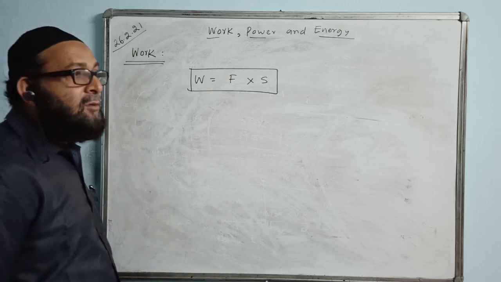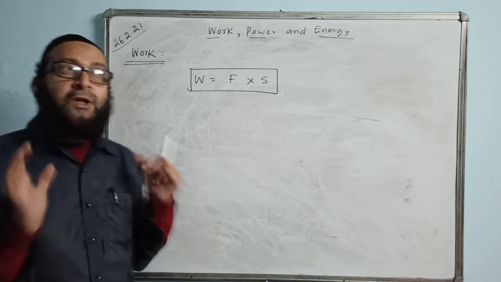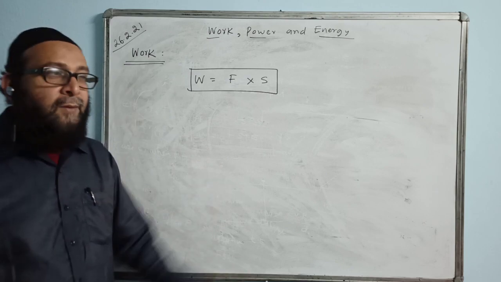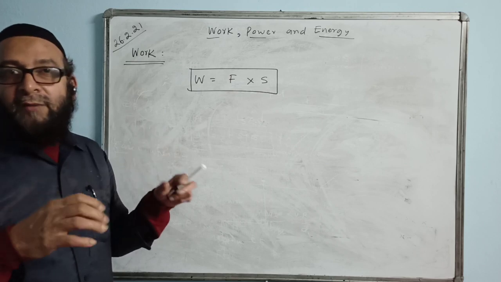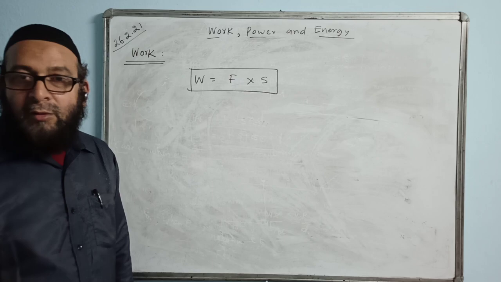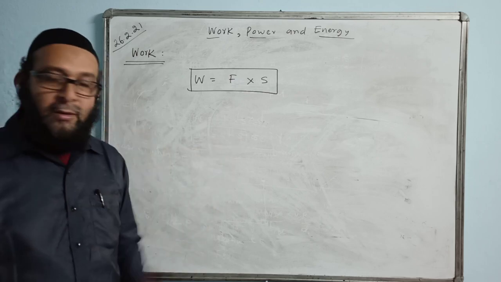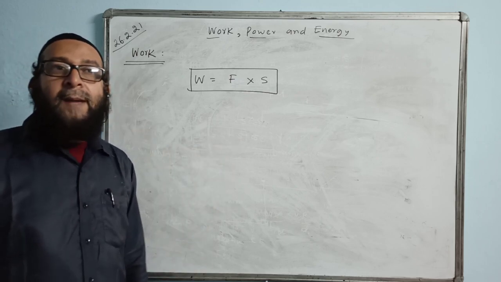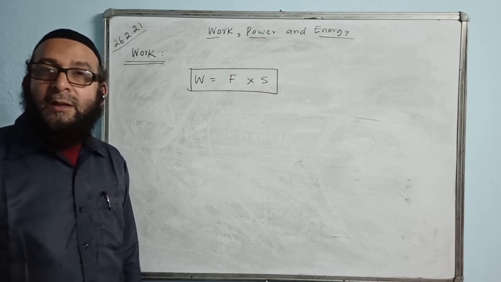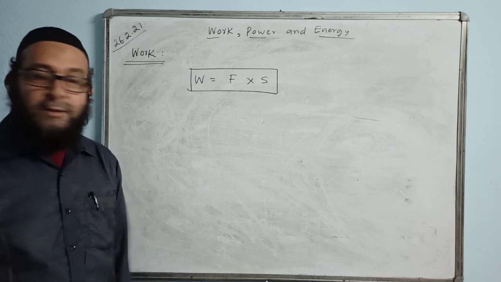When the displacement is 0, the same example, when we are pushing a wall, the wall doesn't move. So displacement is 0, though we may be very much exhausted while pushing the wall. We may be tired and all, but the wall will not move, so the work done is 0. A man is holding a heavy suitcase and waiting for the bus. He doesn't do any work because there is no displacement.